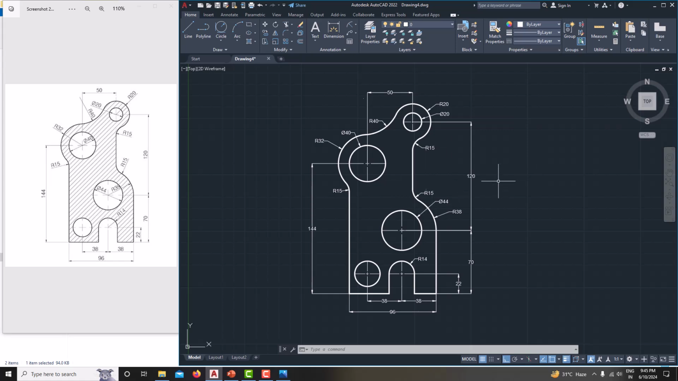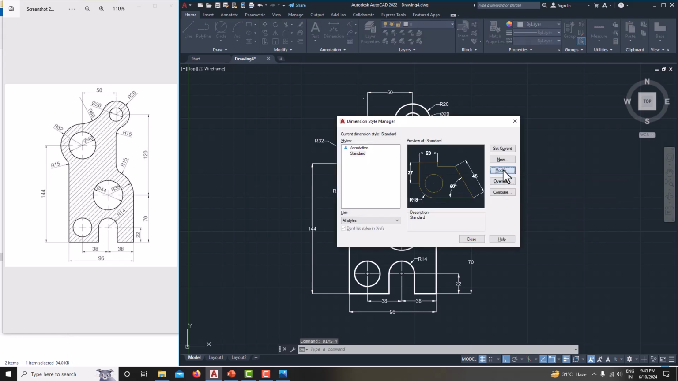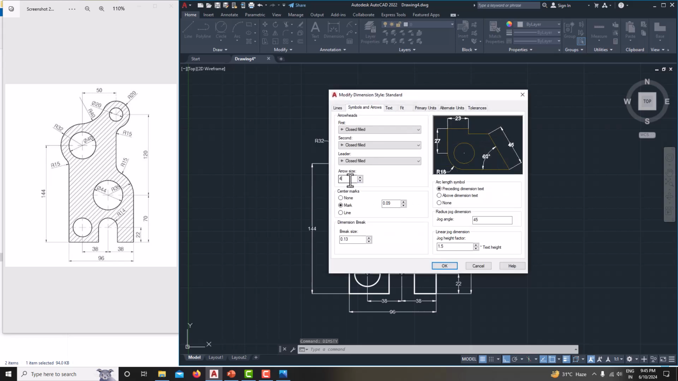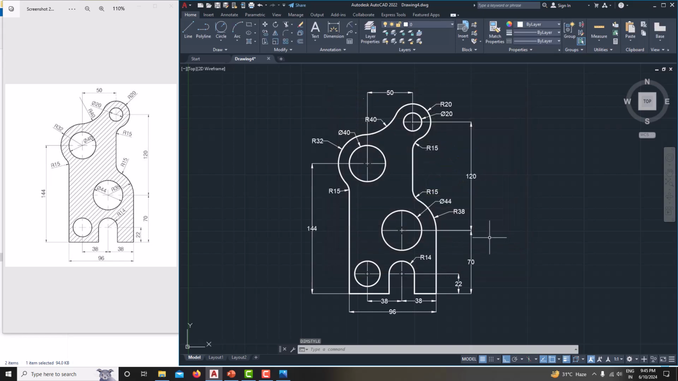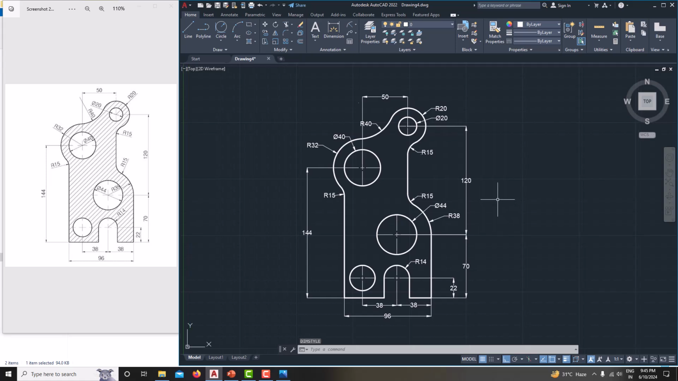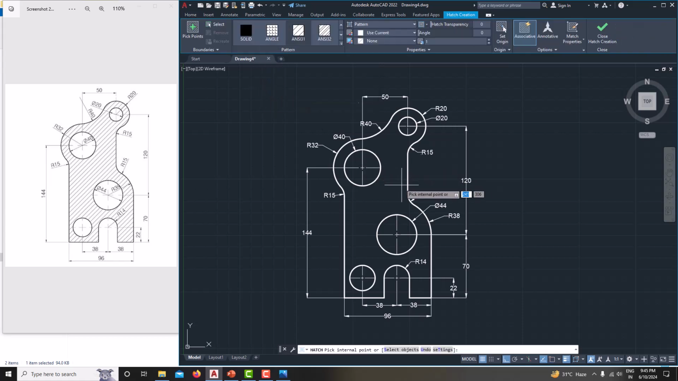Now if you want to increase the dimension size, just go for dim style, DIMSTY, just enter, modify, symbols and arrow, make it 5, text also make it 5, just say OK, then close it. Now the dimensions are a little bigger. Now we want to make a hatch. For that, just go here, we can choose hatch from here, just select the closed one,